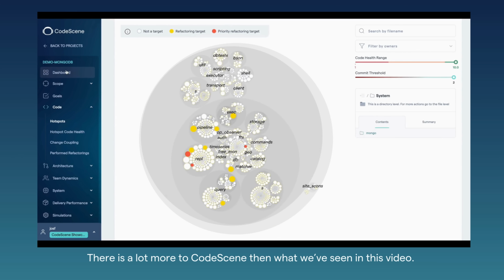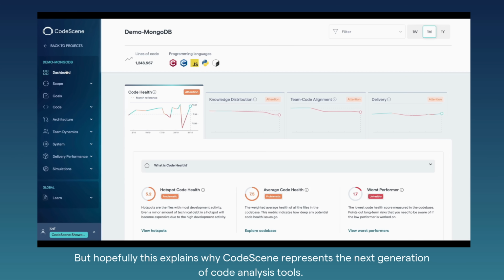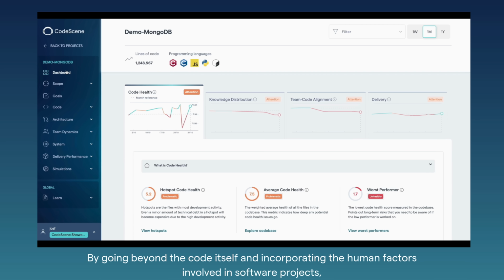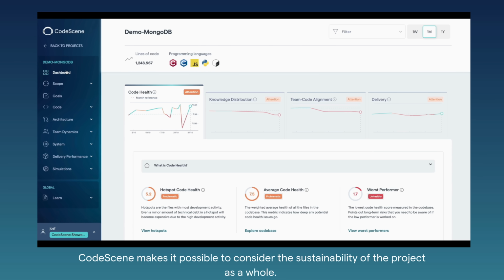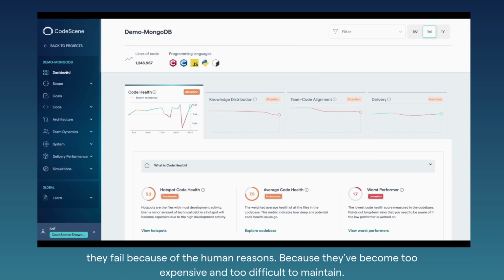There's a lot more to CodeScene than what we've seen in this video, but hopefully this explains why CodeScene represents the next generation of code analysis tools. By going beyond the code itself and incorporating the human factors involved in software projects, CodeScene makes it possible to consider the sustainability of the project as a whole. Software projects don't fail because they are technically impossible to fix. They fail for human reasons because the code has become too expensive and too difficult to maintain,